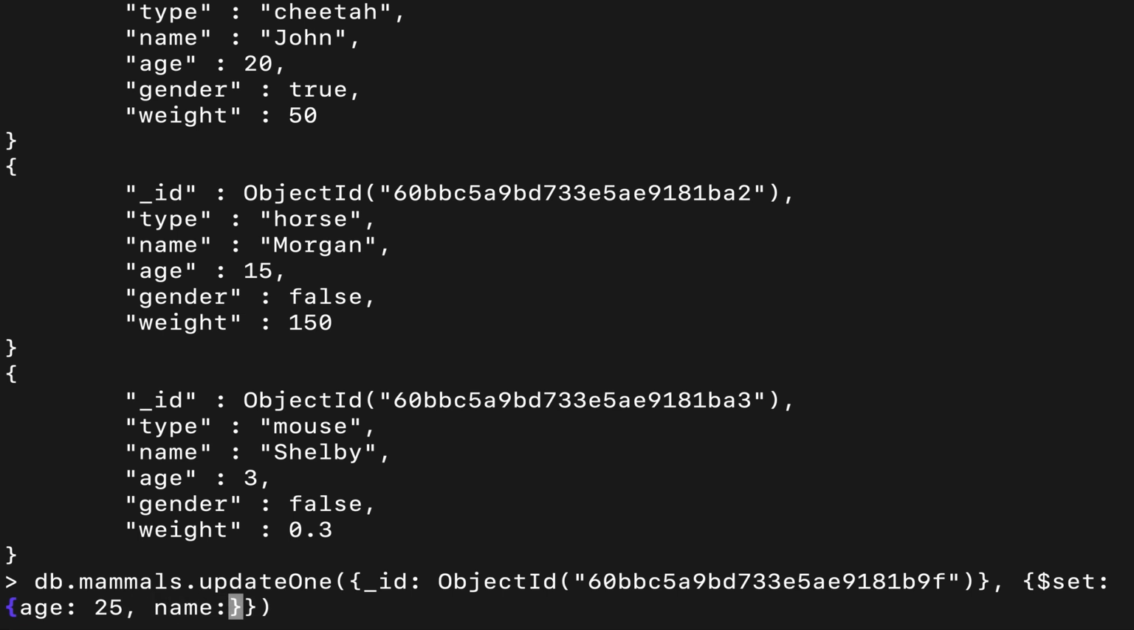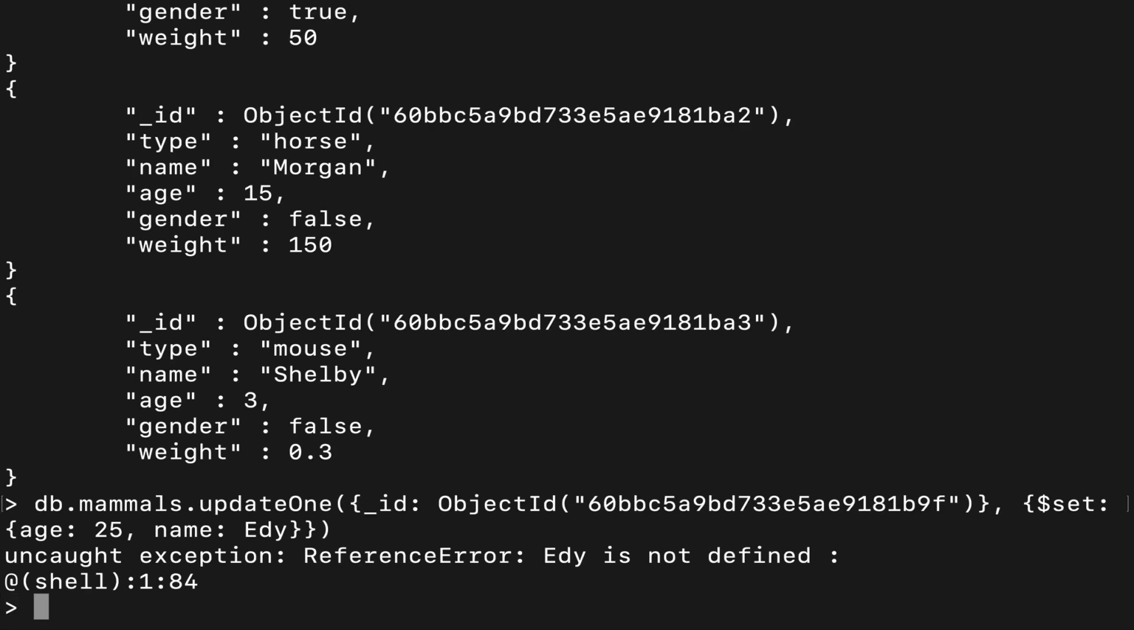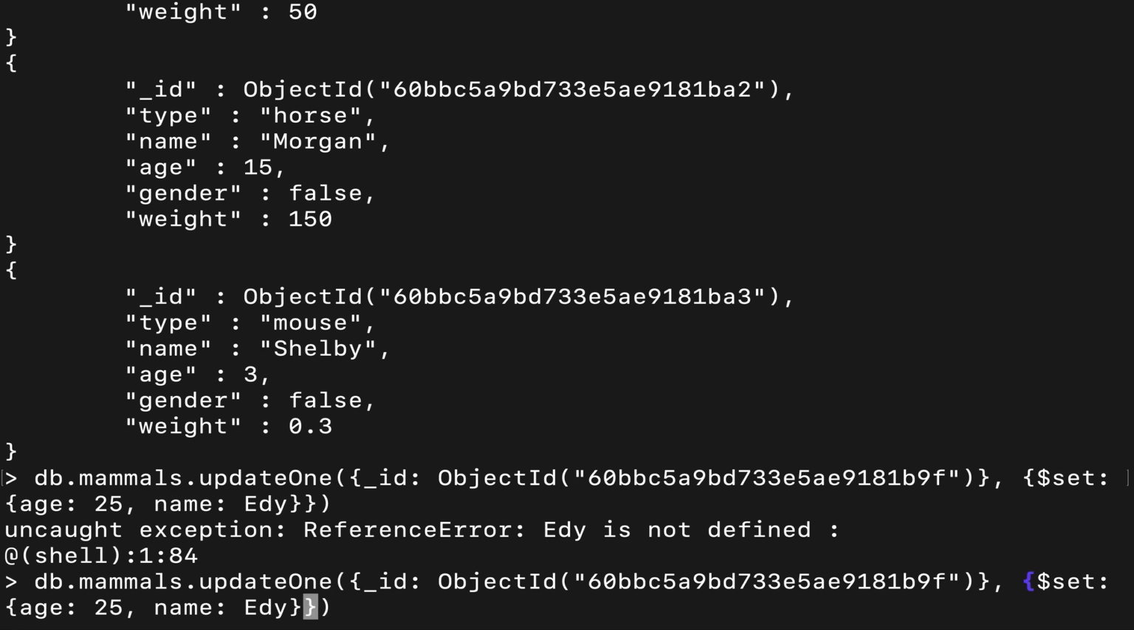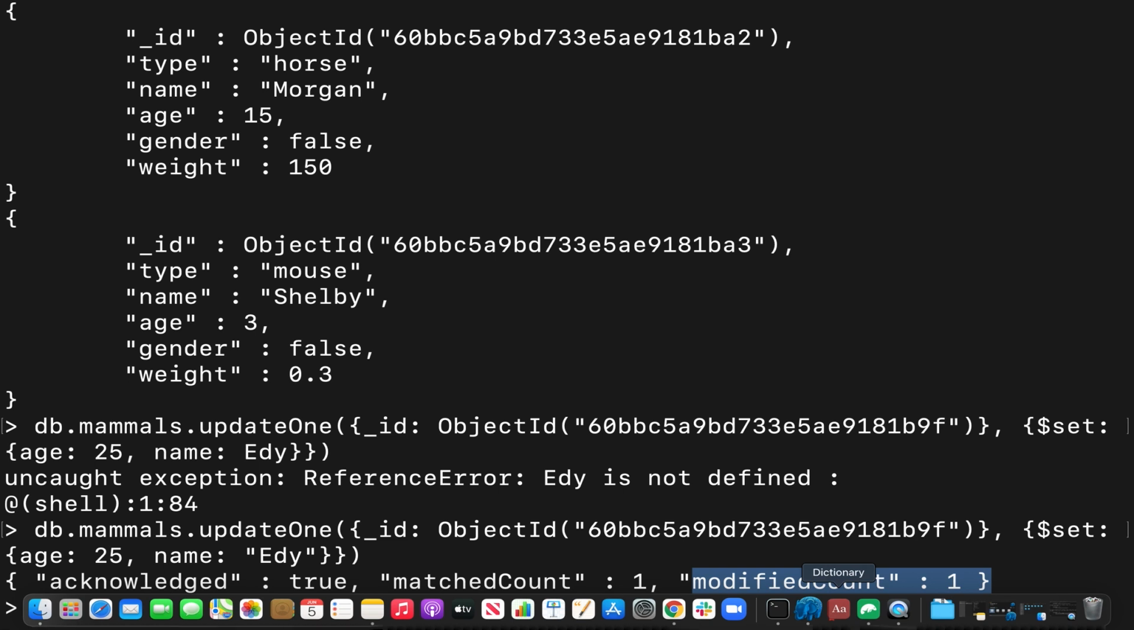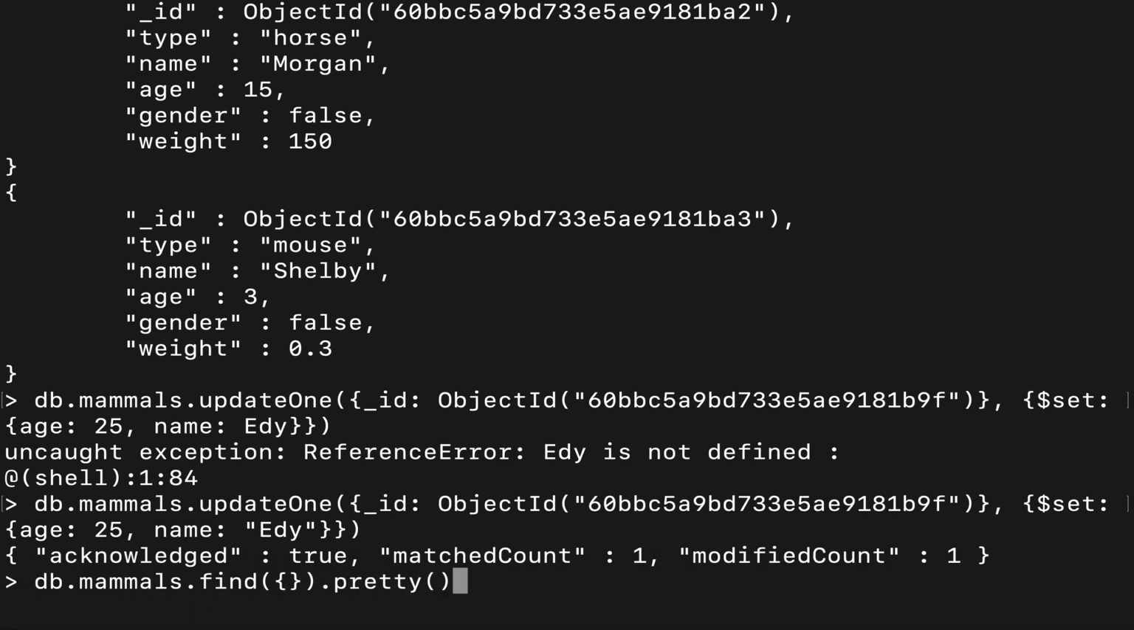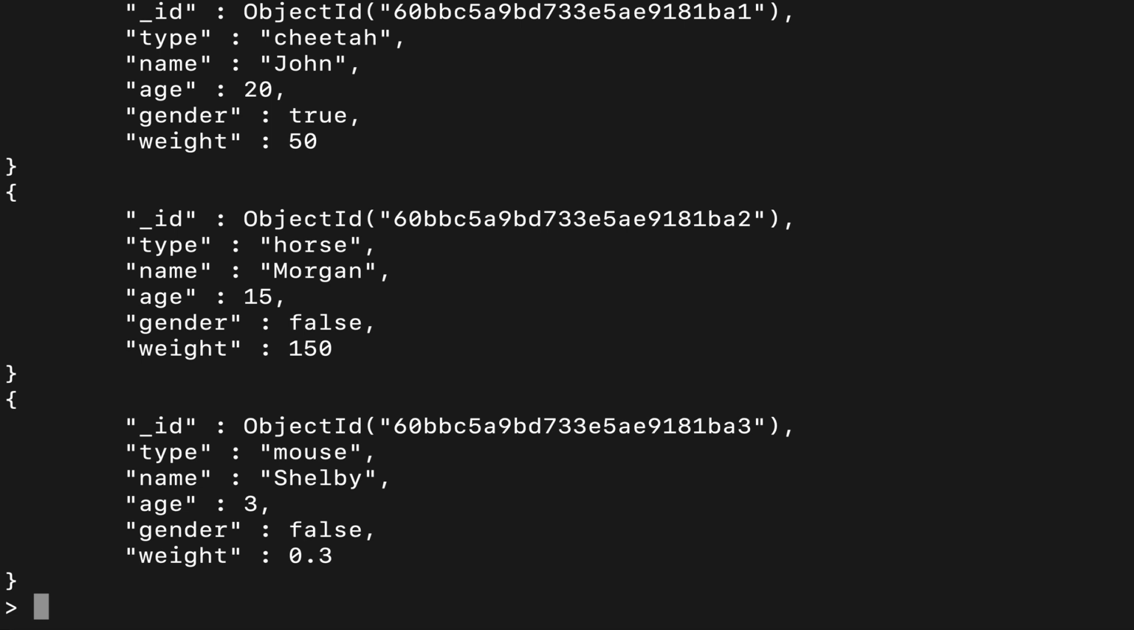We can also set the name to, I don't know, let's say Eddie. Let's actually just do that right now. So you can see here that this failed, and that's because, of course, I have to wrap this in a string. So now if we execute this, you can see that one got matched and one got modified. Now if I were to do a